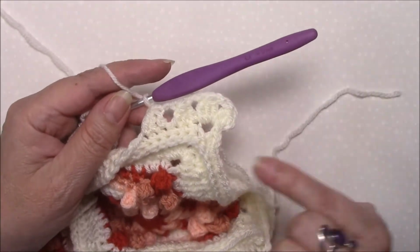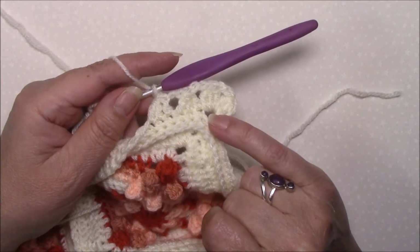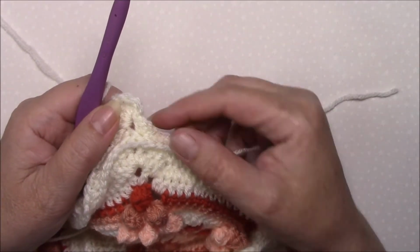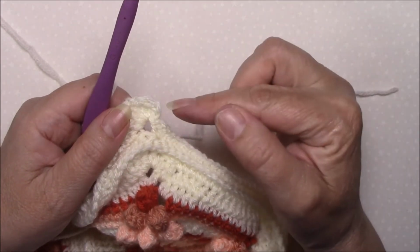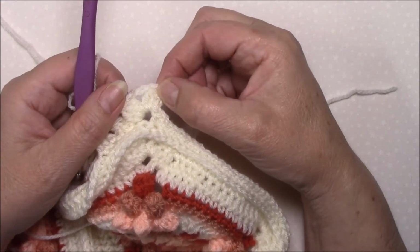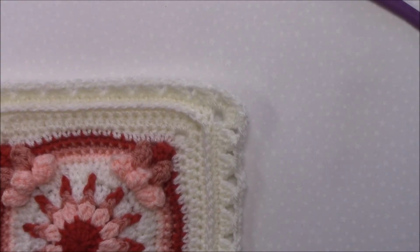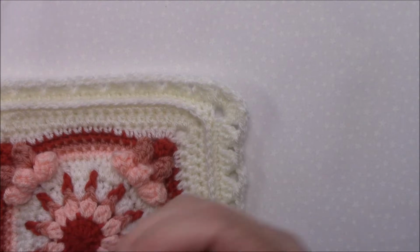Okay, so your corners, 3 double crochet cluster, chain 2, 3 double crochet cluster, and then it's chain 2, double crochet 3 together all the way across. When you get to the end of the side and you've made that last 3 double crochet together, you will chain 2 before going into the corner, or on this last side you're going to join to that beginning cluster and fasten off. Okay, moving on to round 55, we are going to start in any chain 2 corner space,